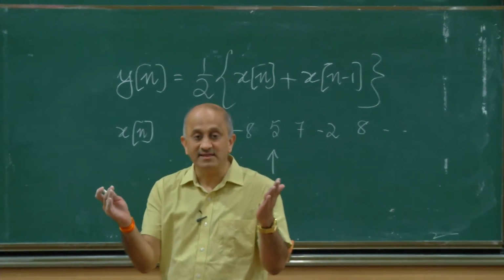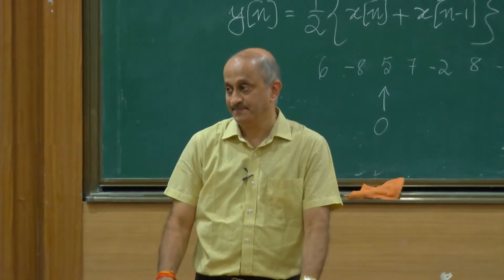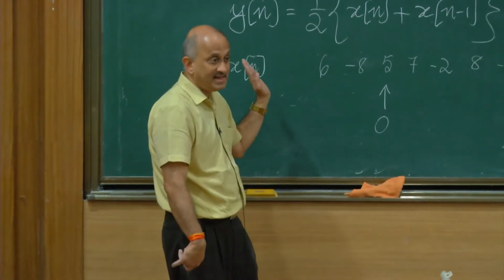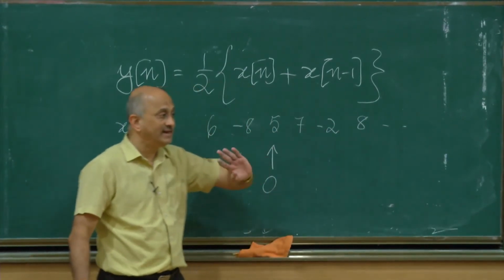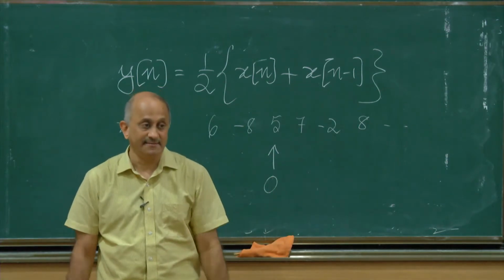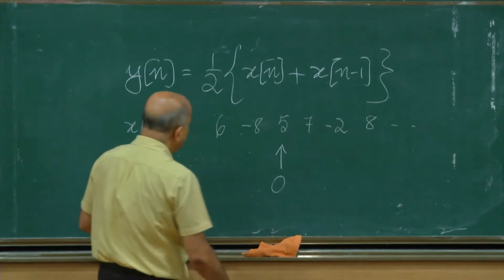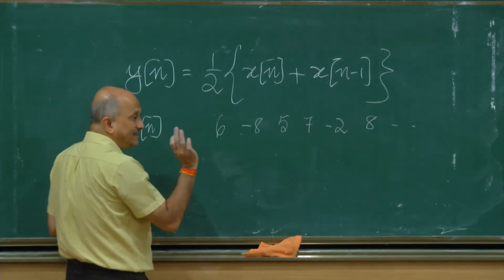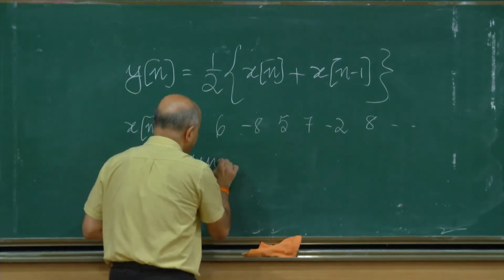Of course, the arrow notation is useful particularly when the sequence is of finite length. For example, suppose this sequence had no more non-zero samples, so all the samples before this were 0 and all the samples after this were 0. Then this arrow notation is a convenient way of writing a finite length sequence. Let's take this finite length sequence as an example here. Now, can we take a very primordial sequence? We have a very primordial sequence called delta n. We call it the unit impulse sequence.